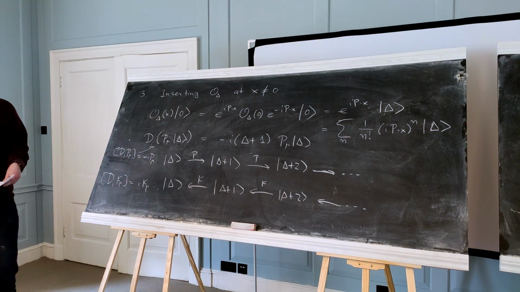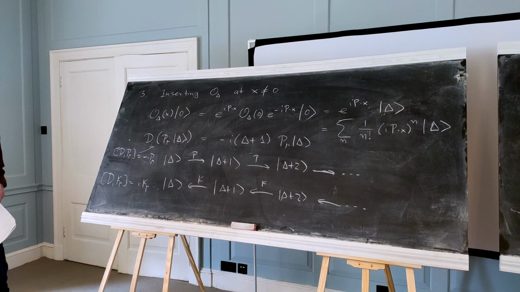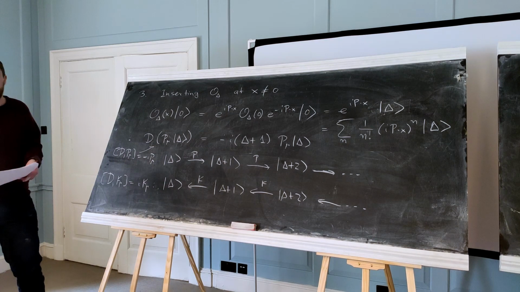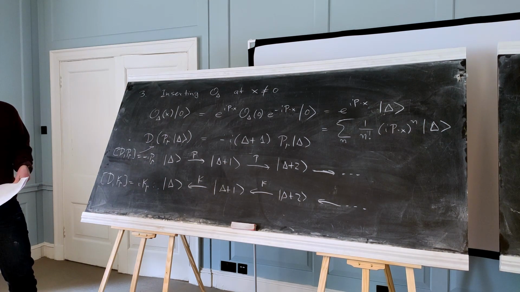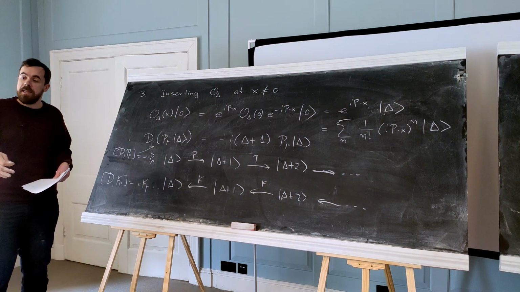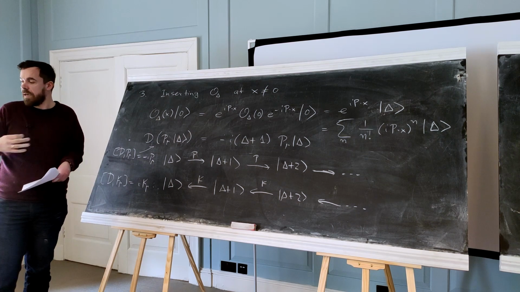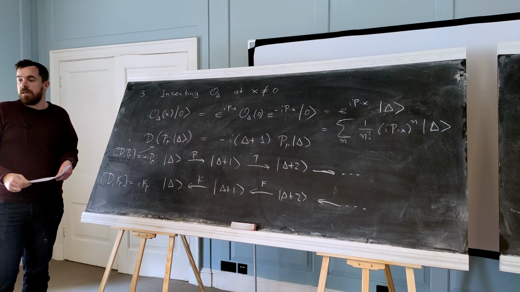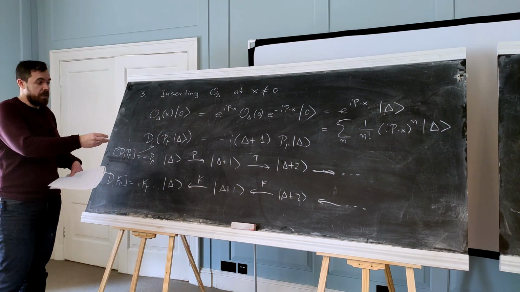Other questions? Yes. What if we insert more than one operator? For example, I want to insert 2 operators, one at x1 and one at x2. This will be getting products of operators, like how in QFT you get 2 particle states. When you do quantization, you go to momentum space, you interpret things as 1 particle states and 2 particle states. It's exactly the same. You'll get products of local operators, which you can insert at different points.